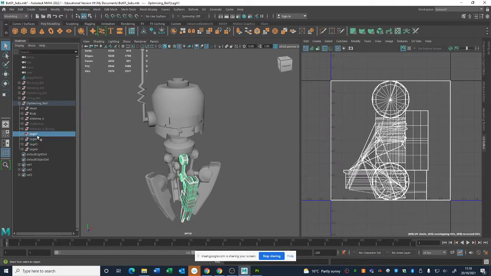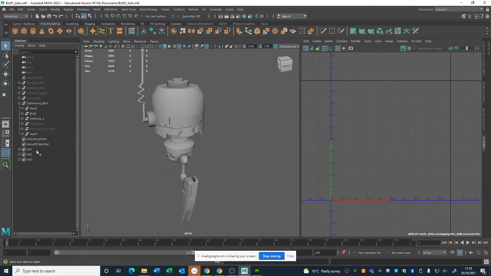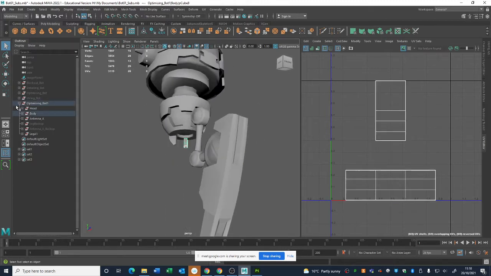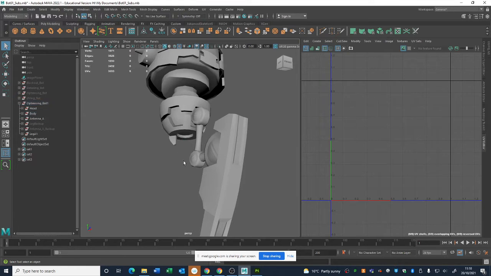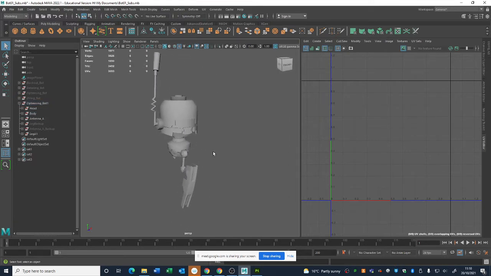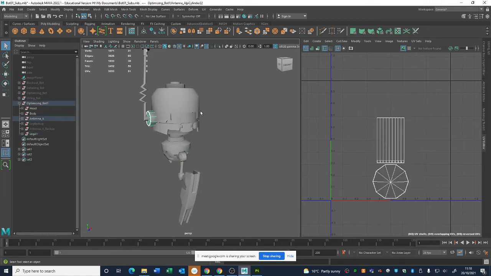I have the main leg here, and all of these are just copies of it, so I'm going to remove them. So essentially, I remove everything that's a copy. Even on the bottom here, this little extra piece, I'm going to remove it because it's just a copy from the other side. I do this because instead of UVing every single duplicate of the model that I have,